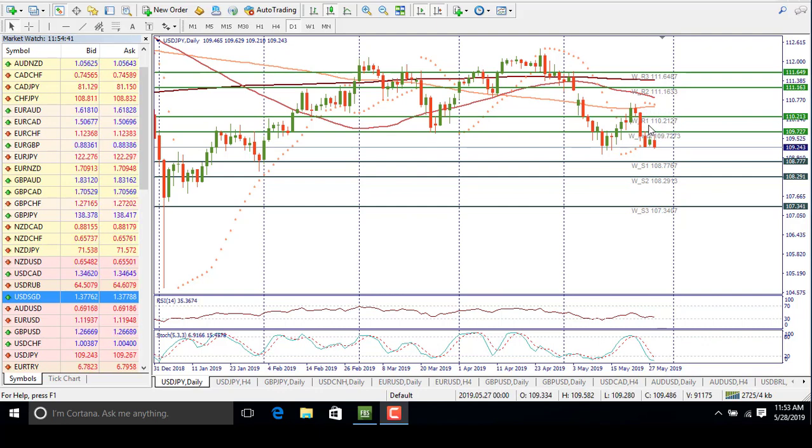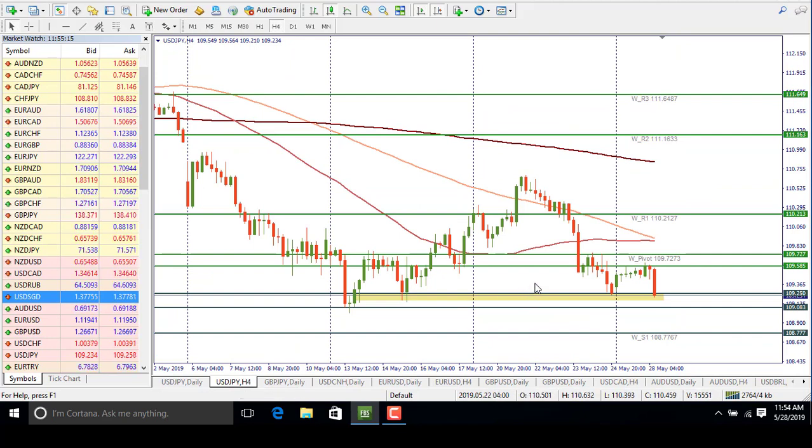110.21. If we look at indicators, we can see that RSI indicator is moving close to the oversold zone. If it enters this zone and then leaves it, it may bring us a buying opportunity. Also, the stochastic indicator has entered the oversold zone. If it forms the crossover, it may also be a signal of a long position.